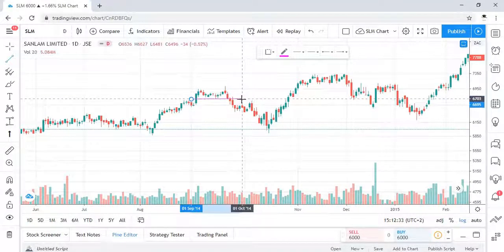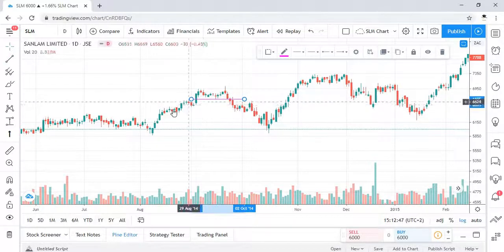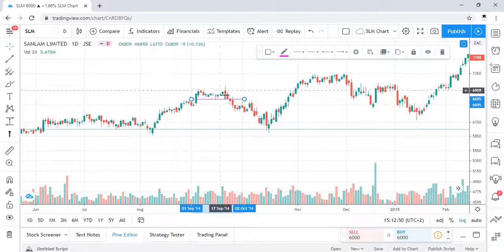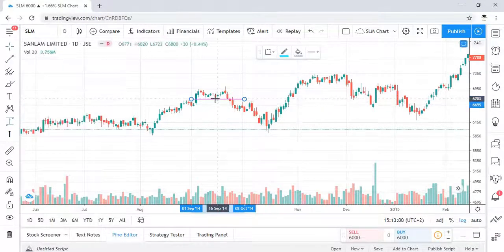So we can say this is the line that we are looking at as the breaking point or the entry point, because if you are looking at a double top, you're probably looking to trade it down. Or perhaps if you are long, then you're looking to come out as soon as you see that this is a double top formation. So like the previous one, we need to measure the distance